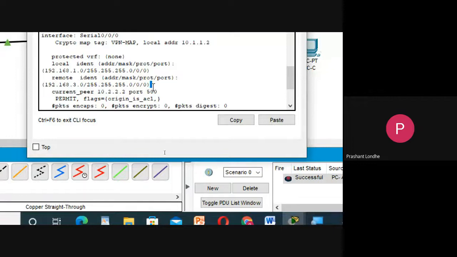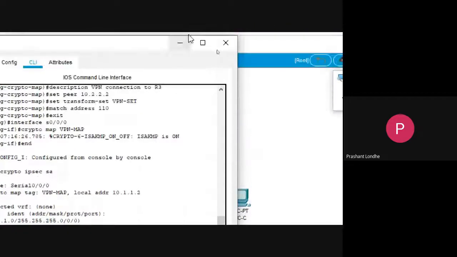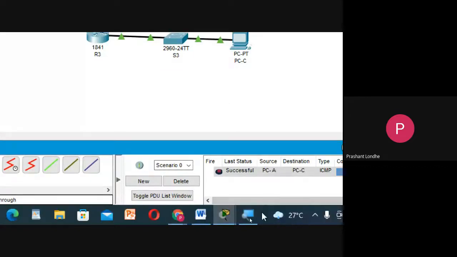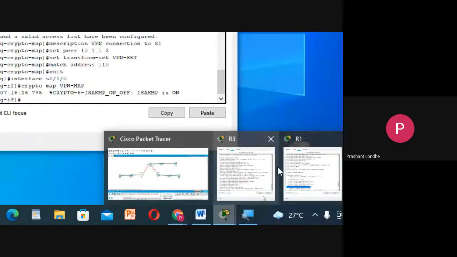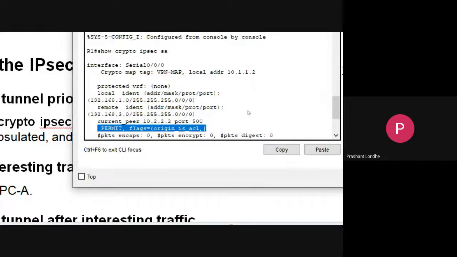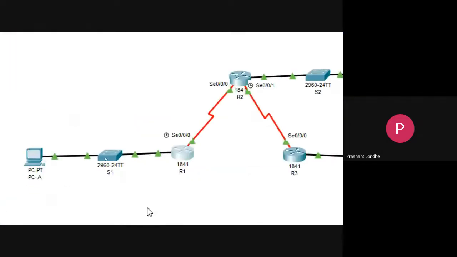The current peer is also configured, that is 10.2.2.2, which is the IP address of this port. And finally, you can see it is permitted. So basically, the packets may flow out from all the devices, that is PCA and PCB.